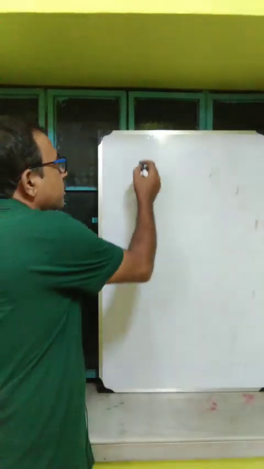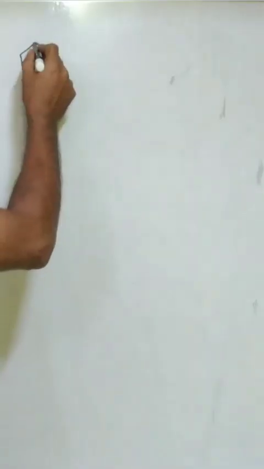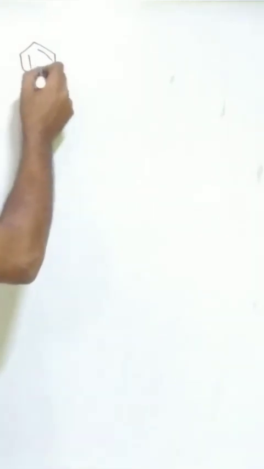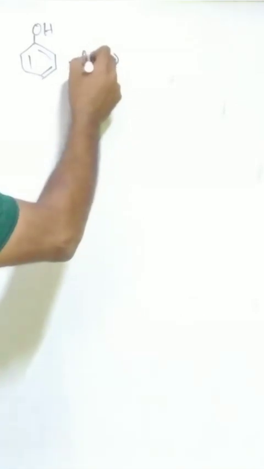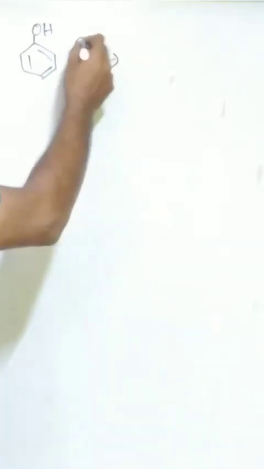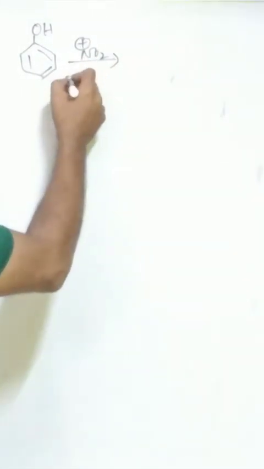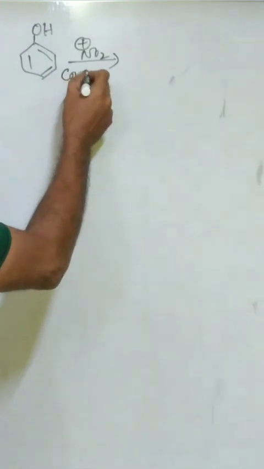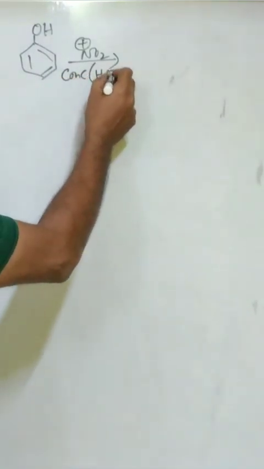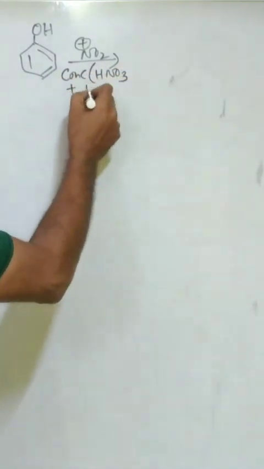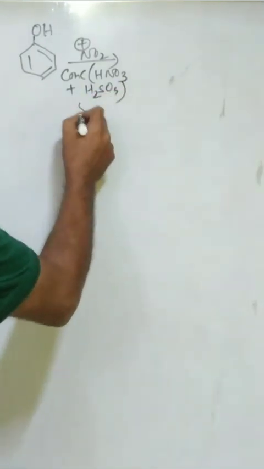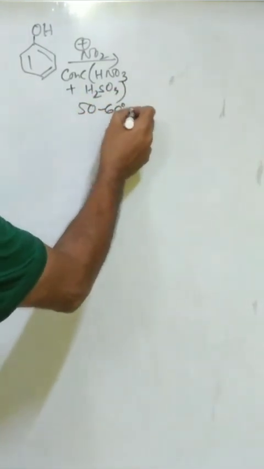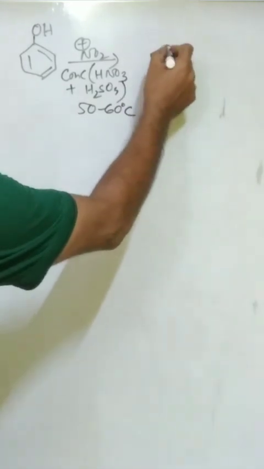Now let us consider a reaction in case of nitration of phenol, with NO2 plus, a mixture of concentrated nitric acid, that is concentrated HNO3 plus H2SO4, at a temperature of 50 to 60 degrees centigrade. The compound formed is